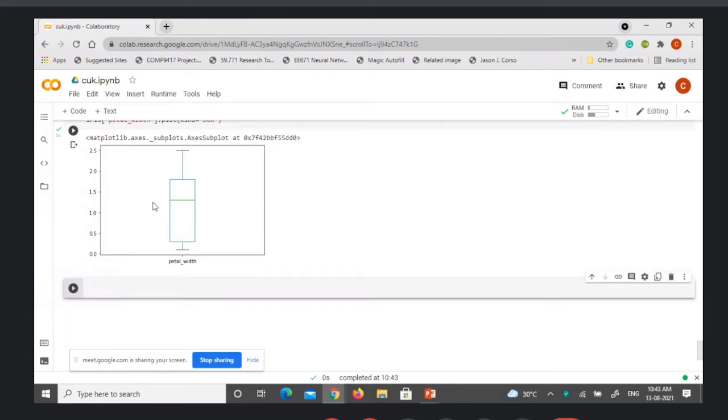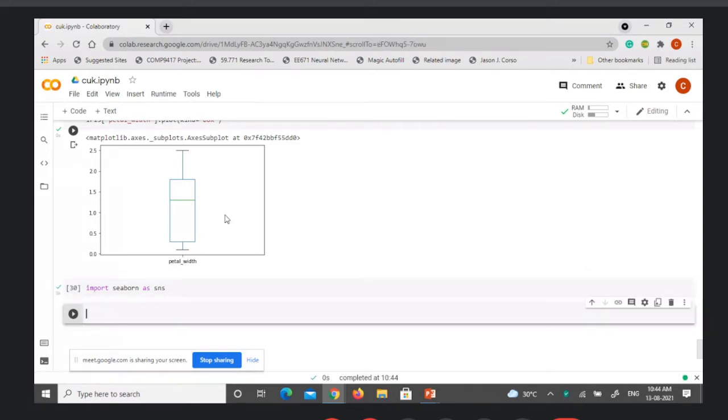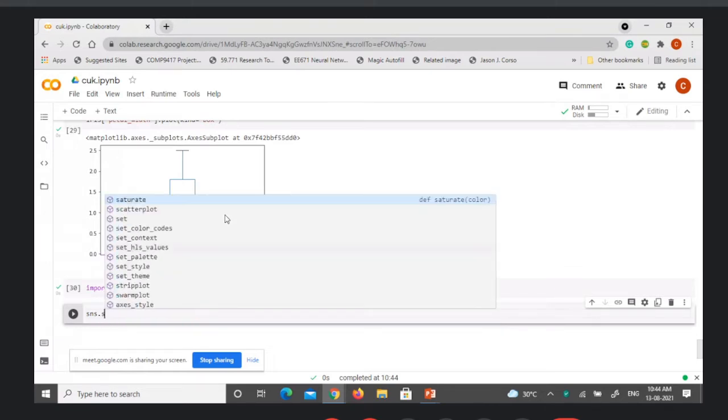Now I will show another interesting plot that is available in Seaborn. We just import Seaborn, then set the style.